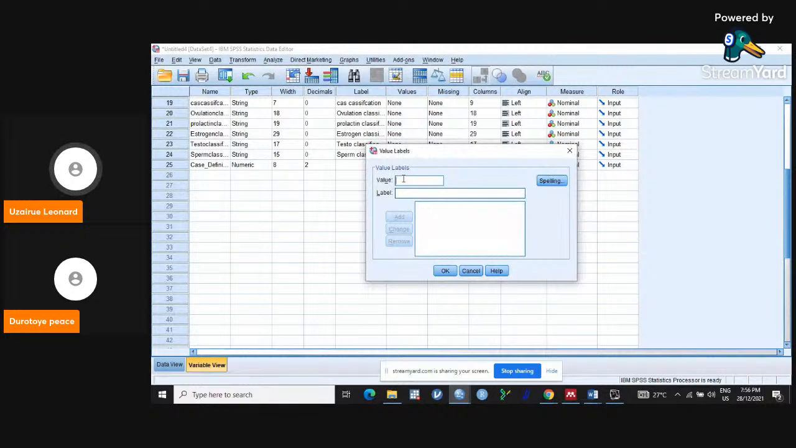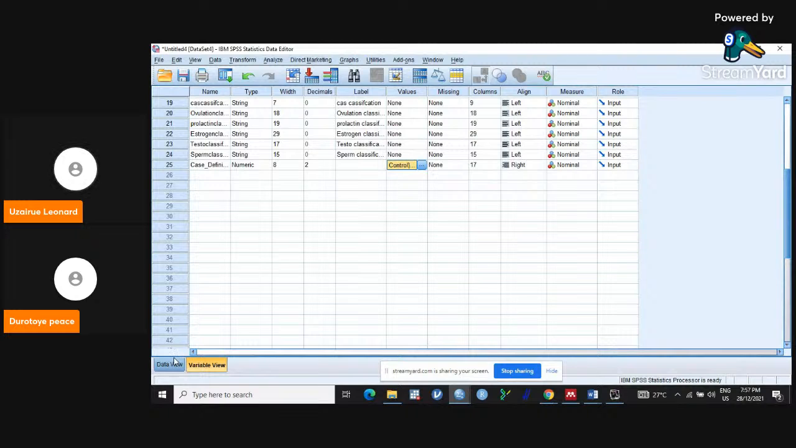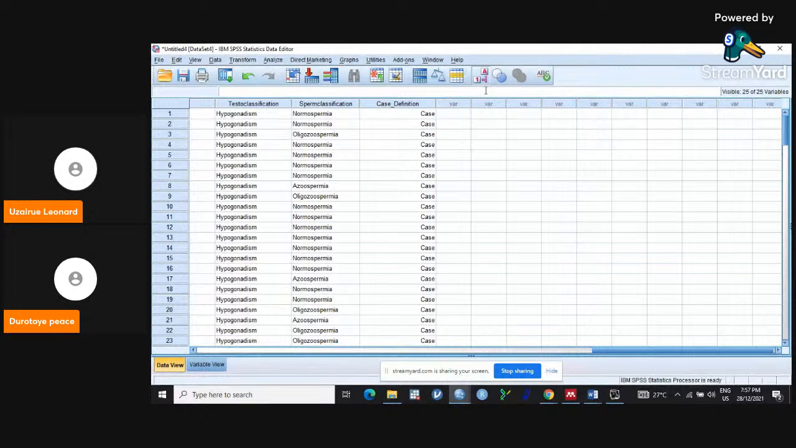Now remember we said 1 is case and 0 is control. You add that, and we have that. Then if you come back here now, you can see we've added those values. Now the reason why we added this value was what I told you, that there are some